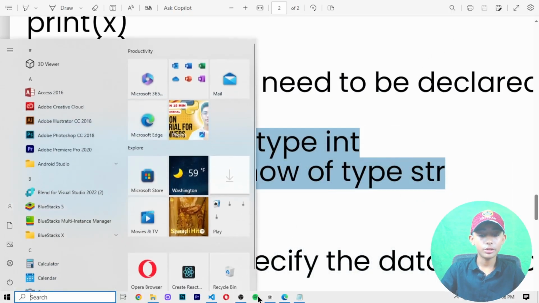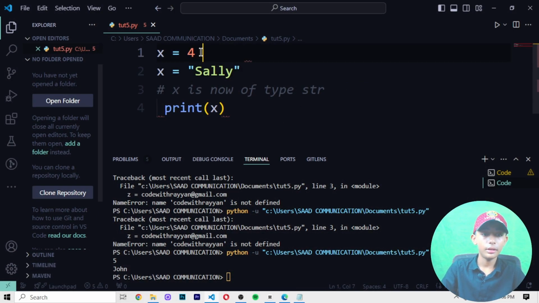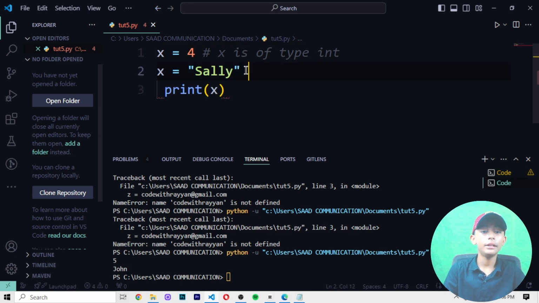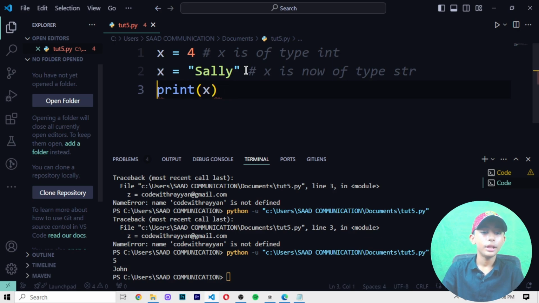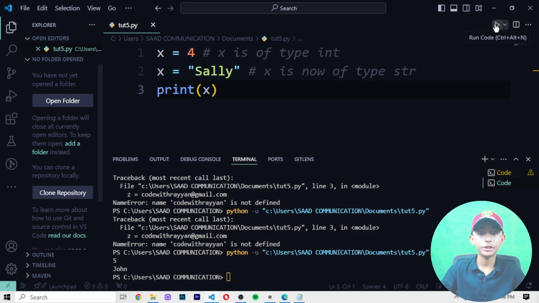When I paste it, it gives an indentation error. If I backspace, it does not give the error because I have solved the indentation error. Save it and run it.